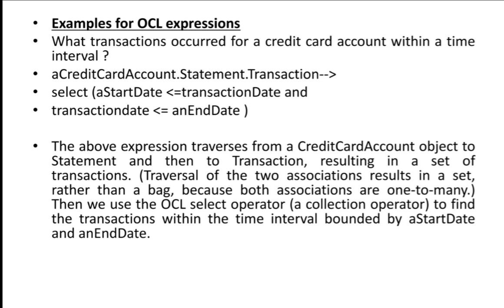You have to give some time interval, for example from 18th August to 19th December. You can give the time interval and check what transactions occurred for a credit card account. How can you do that? See,